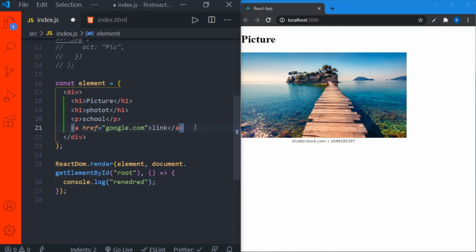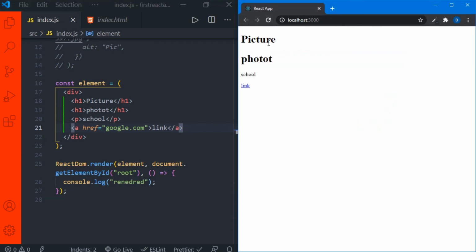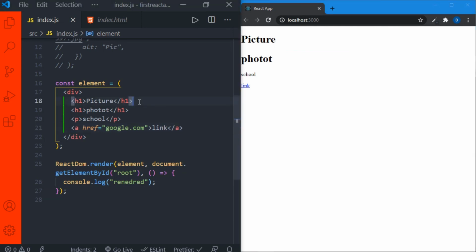Now just Ctrl S to save and refresh your browser. You can see a picture, photo, cool and link. So this is called JSX. So this h1 and this h1 and the tags that we can see are looking like HTML tags, but these are not HTML tags, and these are called JSX.